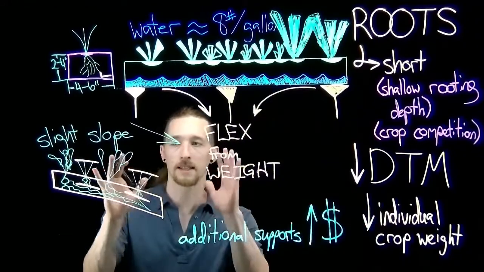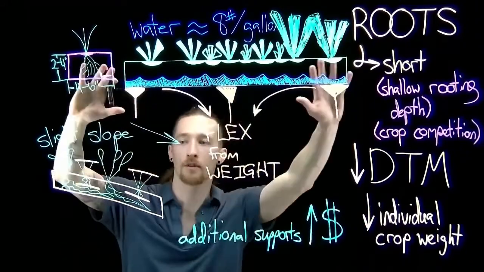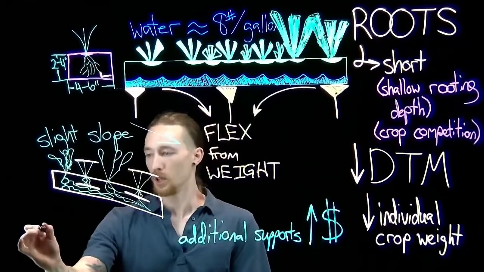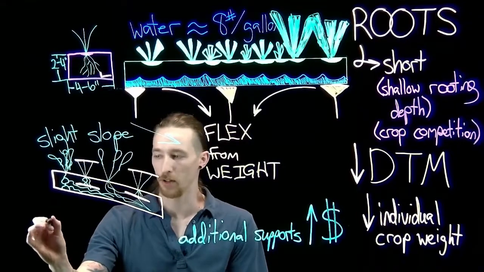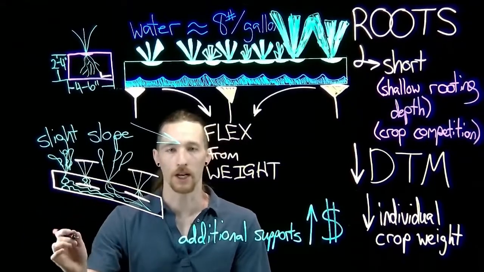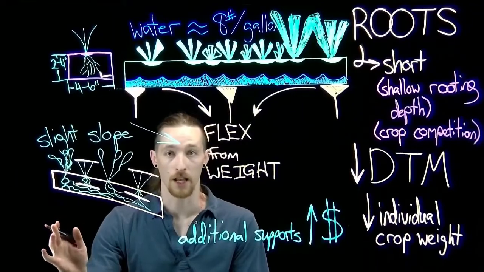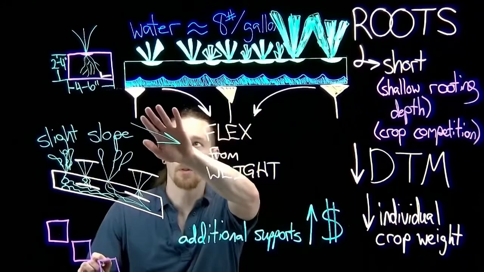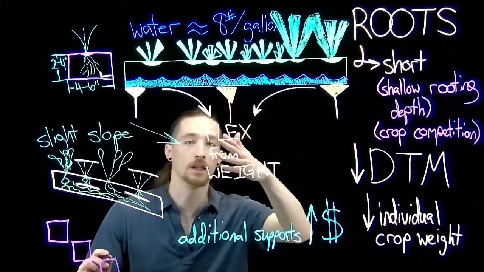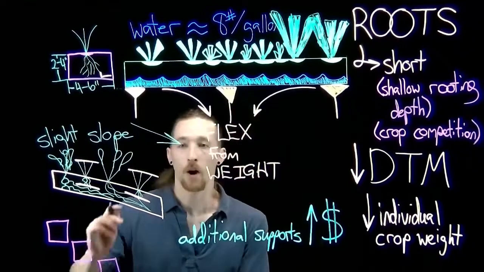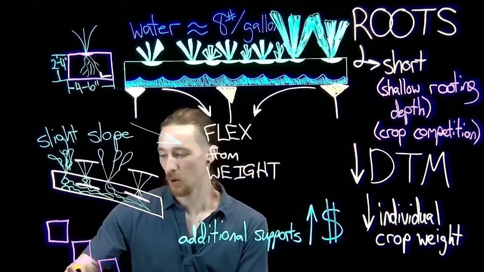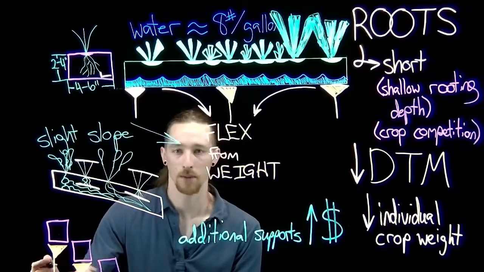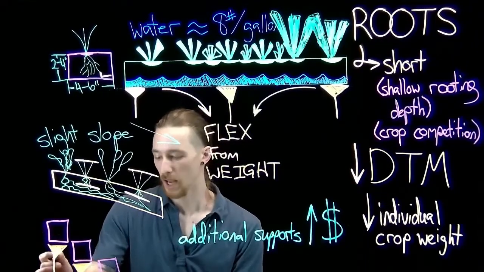So if we were to take a side view, so rather than this long view of these channels like this, we took a side view looking at them long ways, we could see a rack of channels going vertical, trying to increase crop density and productivity per square foot. This first trough only needs the same support that this trough does, just lifting it off the ground, keeping the weight supported. However, these next troughs, as you go higher, they not only need longer standing pipes, that makes sense, but they need greater and greater